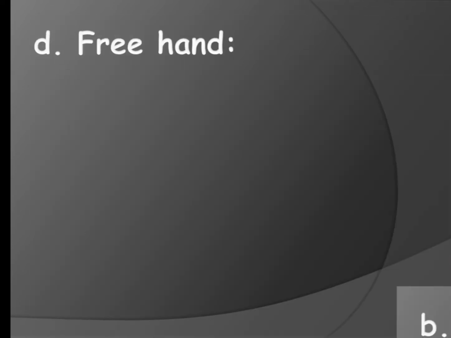Okay, next you have free hand. So free hand is nothing but drawing without using the bangle or coin or thread. Here, children, the circle may not be a perfect circle, isn't it, children? There might be little ups and downs in your circle, but that doesn't matter. Only draw with your free hand. It is not compulsory that it has to be a perfect circle.